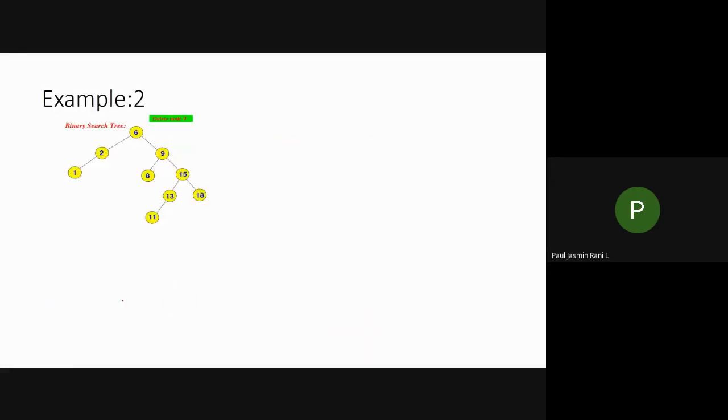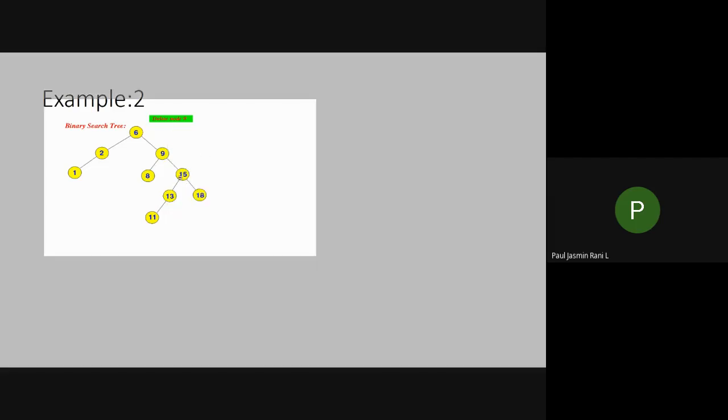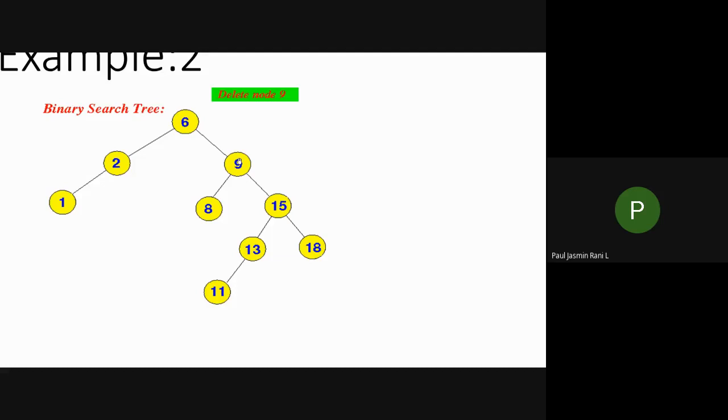Let us consider this example, where I am going to choose the right subtree. If I choose the right subtree, what do I have to do? Let us consider that in this question I am going to delete a node. Can you see this diagram? Yes. So what the question says is, this is the binary search tree, and in this binary search tree I have to delete the node 9. This is case 3, isn't it? Because this particular node 9 contains the left child as well as the right child.